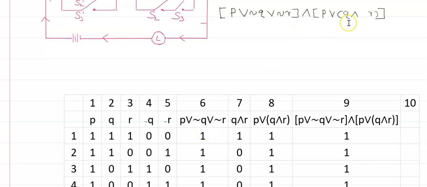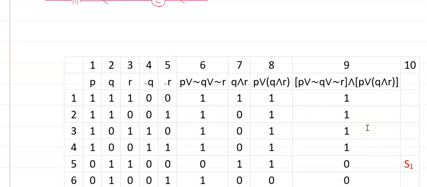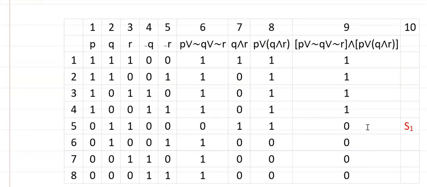Next is OR between column number 2 and 3, which gives column number 7. Again, OR between column number 1 and 7 gives you column number 8. In this way, using column number 6 and column number 8, perform the AND statement, and you will get 1, 1, 1, 1, 0, 0, 0,